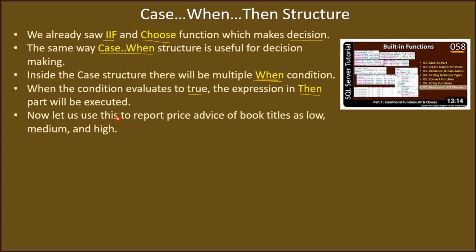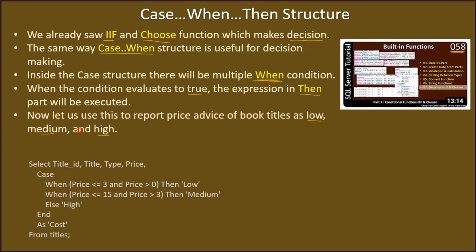Now let's use this to report price advice of your book titles as low, medium, and high. That will give you an idea of how to use the case when structure. Here, we are making a select statement from the titles table of the pubs database. From titles, we are selecting the columns title ID, book title, book type, price. Then here we are forming the